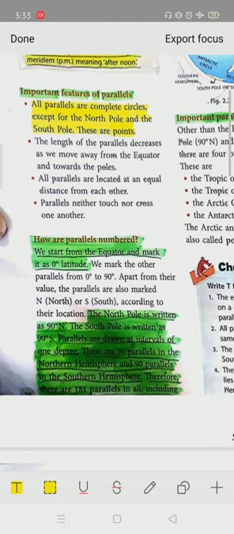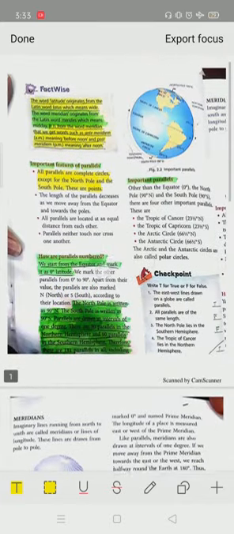There are 90 parallels in the northern hemisphere and 90 parallels in the southern hemisphere. If you start from 1 to 90, 90 मतलब या तो वो northern hemisphere में North Pole है, या फिर 90 is south में South Pole, which is 90 degrees. ठीक है. तो 1 to 90 जाएंगे तो दोनों तरफ 90, 90 आएगा. Therefore, there are 90 parallels in the northern hemisphere and 90 parallels in the southern hemisphere. Therefore, there are 181 parallels including the equator.